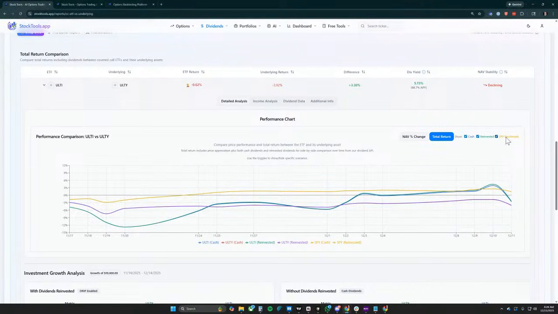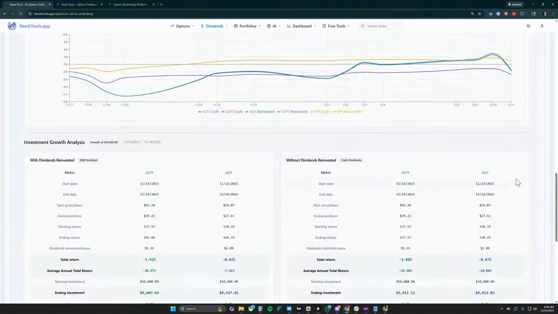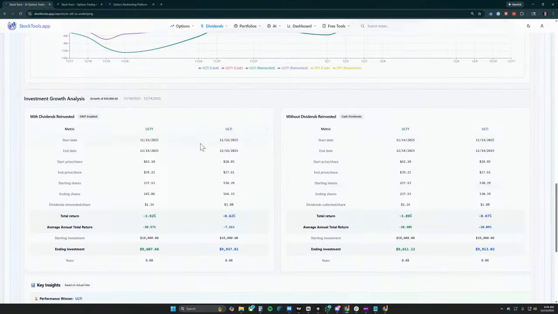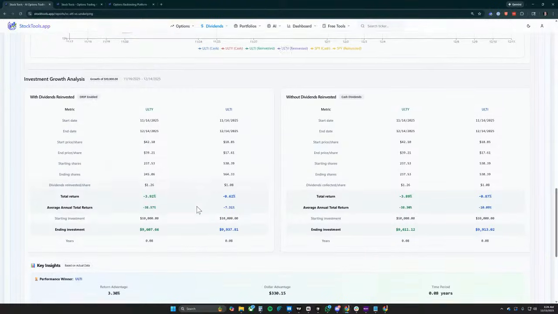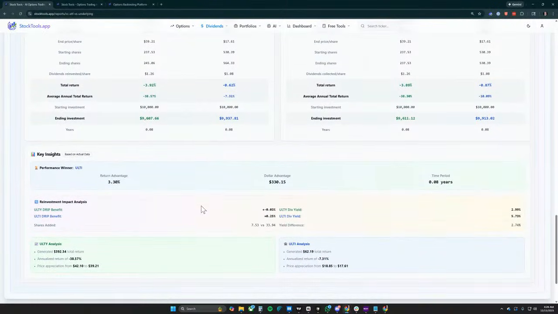That's the other thing. I like having the SPY benchmark in there, because if you're not beating SPY, what are you doing? You're wasting your time. Just buy VOO and chill. So you can look and see with dividends reinvested: start price per share, end price per share, starting shares, ending shares. You would increase by 34 shares here, 12 shares there, and this has the reverse split information already baked in. Yeah, it's doing the math for that already. Okay, totally. So we can see Alt-I is the winner over the last month.